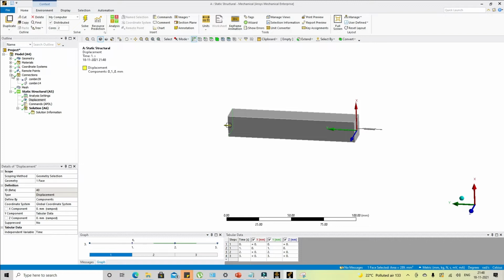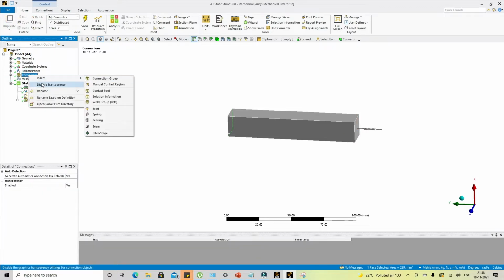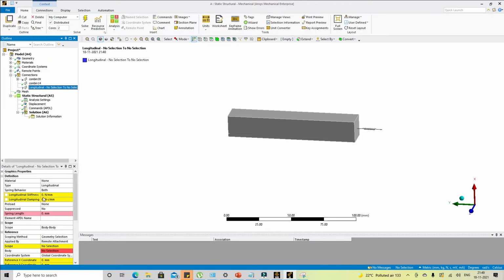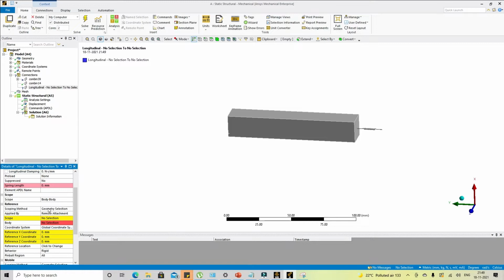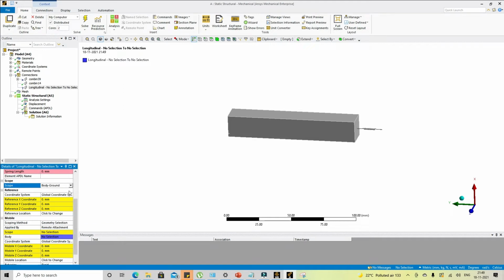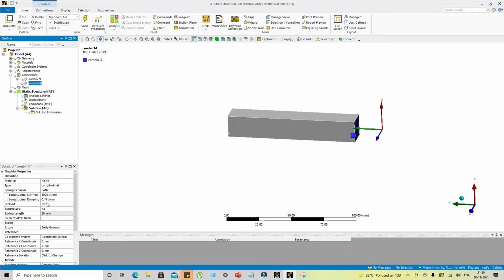So first of all, whenever you define any spring, you can directly right click, insert connection, insert, and this spring boundary condition. Once you create this spring, you can see that by default it is asking for a constant value. As required, suppose I give 1,000. And if any damping is required for the simulation, we can do the damping also, and use body to body or body to ground connection. So I will delete this one. The same thing I had already done in this, just to showcase which element gets created in the background.